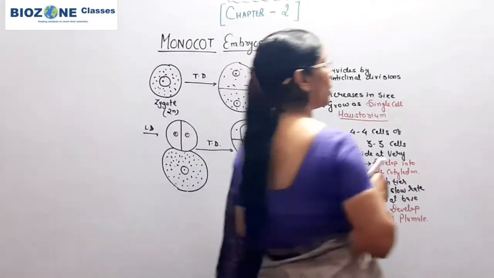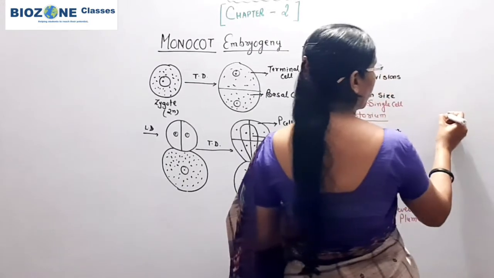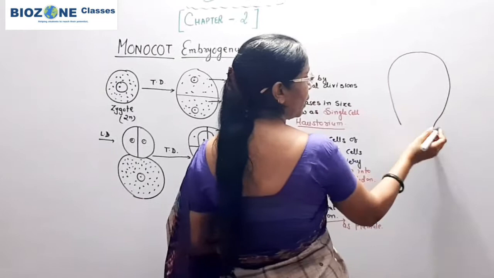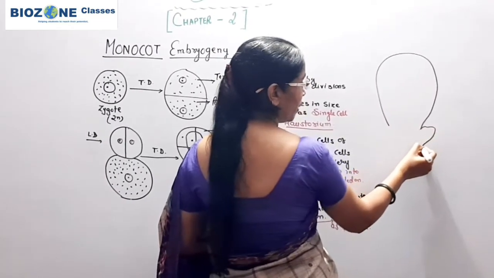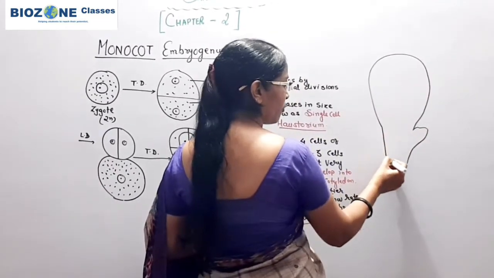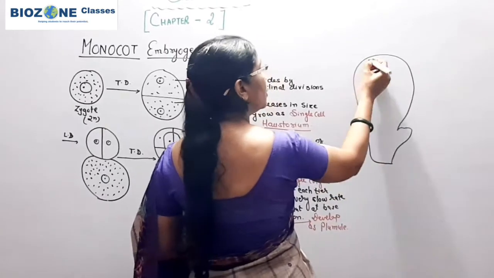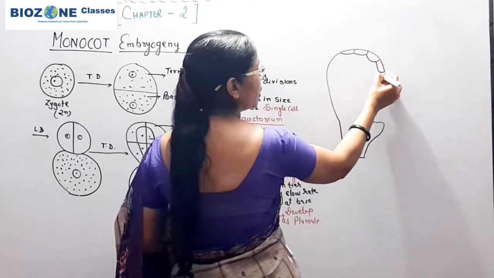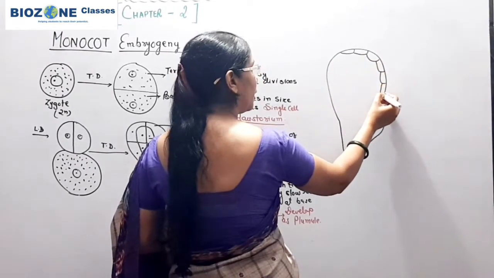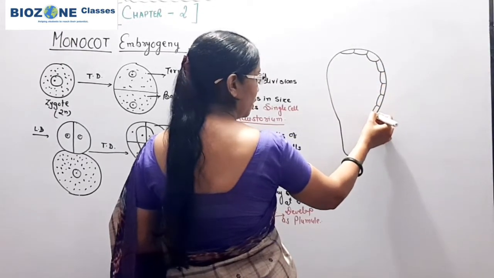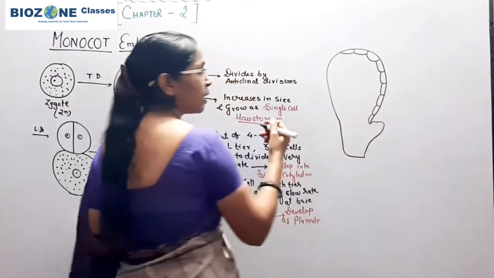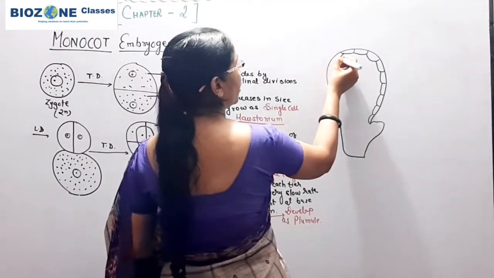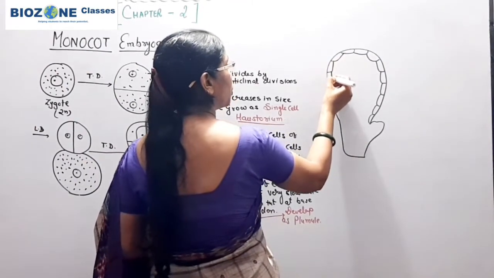So when we study the structure of the monocot embryo, due to excessive division in the P and L cells, you remember such a structure will appear. This is the single terminal cotyledon. This single cotyledon may also be lateral in position in grasses, and in grasses the single cotyledon is shield shaped, and that shield-shaped cotyledon is commonly called the scutellum.